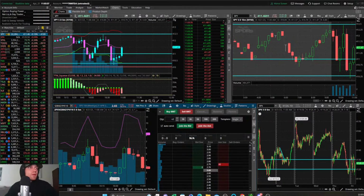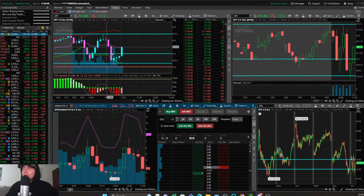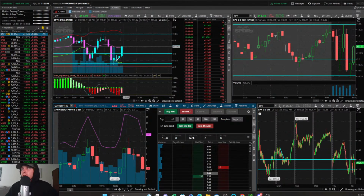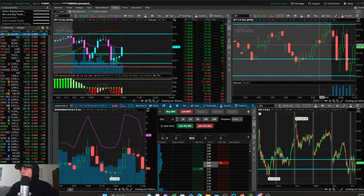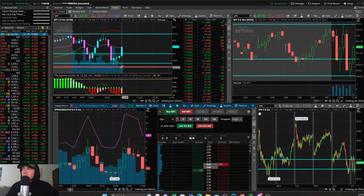Crazy. Serious candle. Good thing we didn't play the bear flag, right, guys? That is nuts. I love to play, and I haven't been playing them very often lately, is the reversals. So this reversal candle right here, I wasn't confident because there was this massive red candle, and the 15-minute chart did look kind of bullish or bearish. I was thinking about puts. I had puts queued up, but